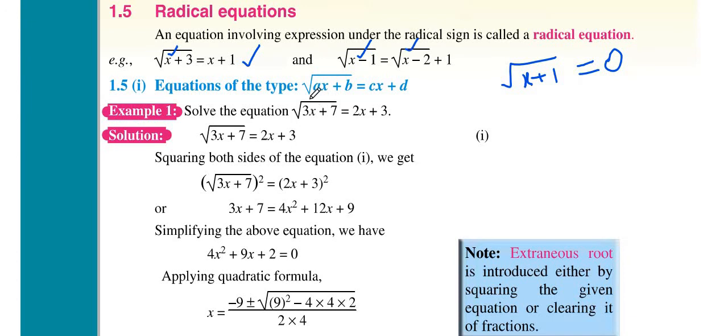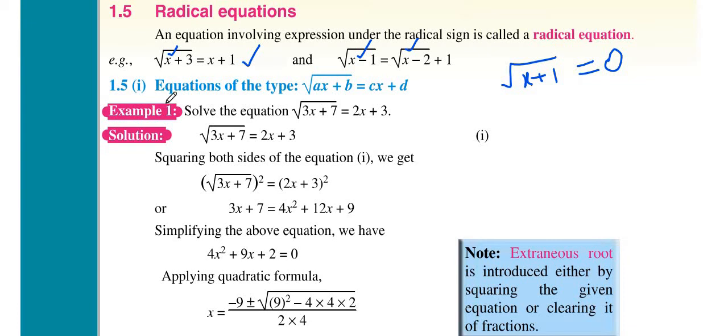Equations of the type square root of ax plus b equals cx plus d. This is type 1 for radical equations. We are going to discuss 3 types of radical equations. Solve the equation square root of 3x plus 7 equals 2x plus 3. How do we solve this? Just take the square on both sides of equation 1. You will get